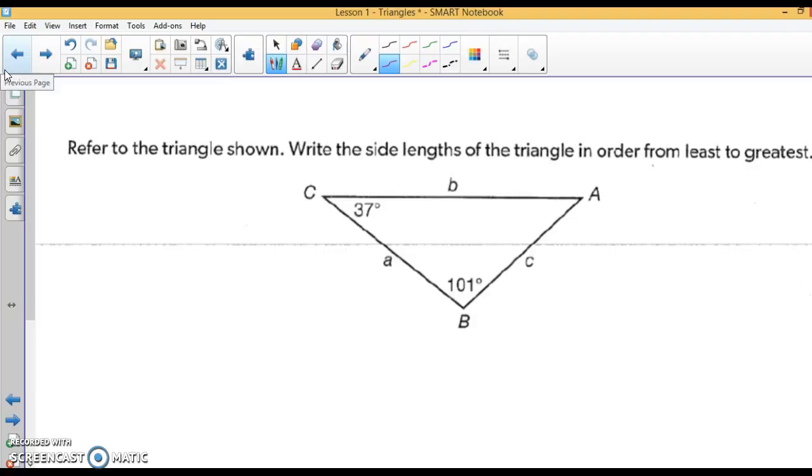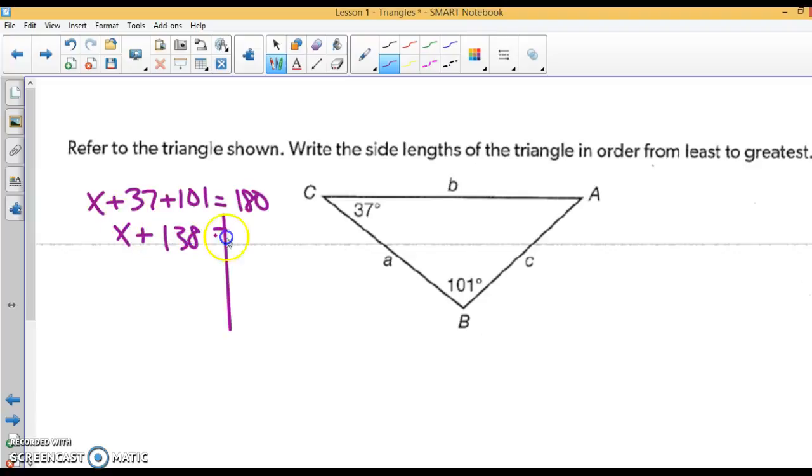Refer to the triangle shown. Write the side lengths of the triangle in order from greatest to least. Well, the first thing I need to do is figure out this angle. So I'm going to call that x. So x plus 37 plus 101 has to equal 180. So x plus 138 equals 180. Subtract 138 from both sides, and you get x is 42. So this angle is 42. All right, so write the lengths of the sides of the triangle in order from least to greatest. So the smallest angle is 37, so the shortest